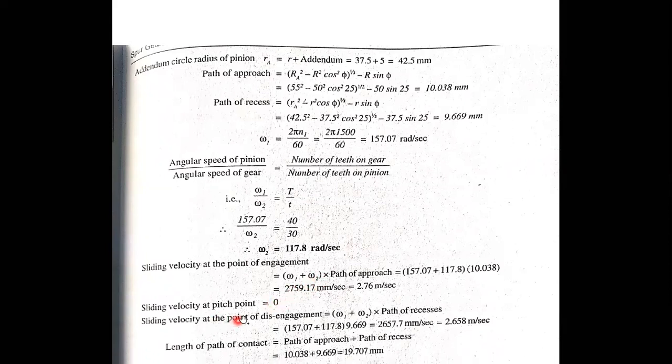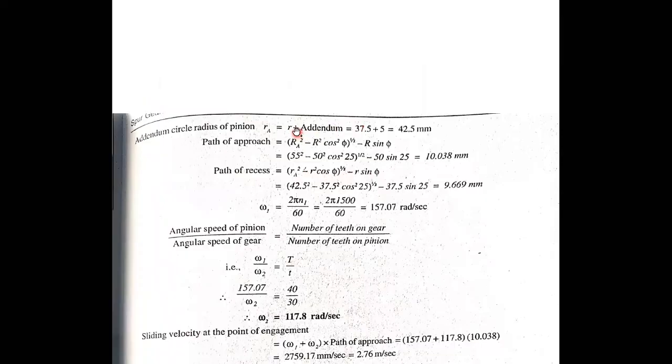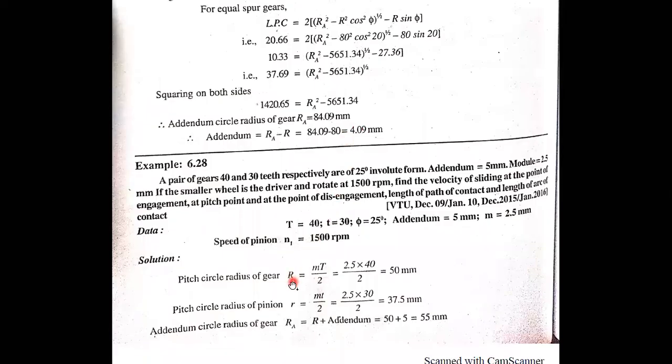And the sliding velocity at the point of disengagement is omega 1 plus omega 2 into, in disengagement, the path of recess. Engagement means path of approach will come. Therefore, we need to find the path of recess. The path of recess comes under the pinion. Therefore, root of RA square minus R square cos square phi, minus R sin phi. So we need to find small RA and small r. Small RA is equal to small r plus addendum. Therefore, we need to find small r,